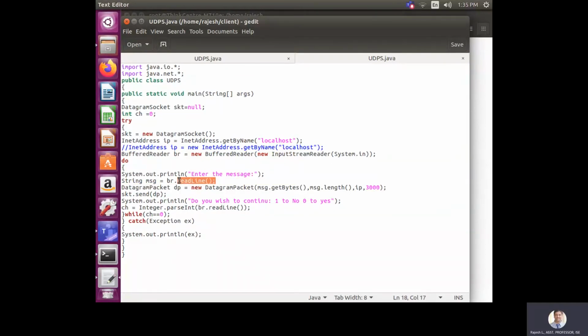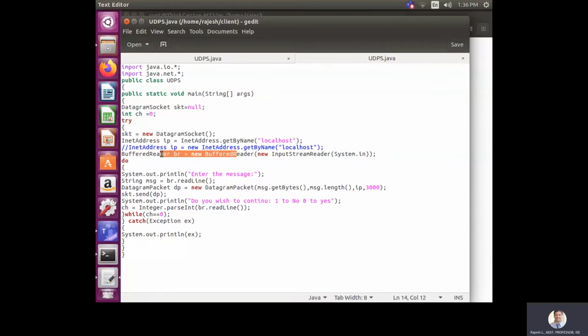So read the content line by line and put it into the string variable message. Then create a DatagramPacket dp with message.getBytes().